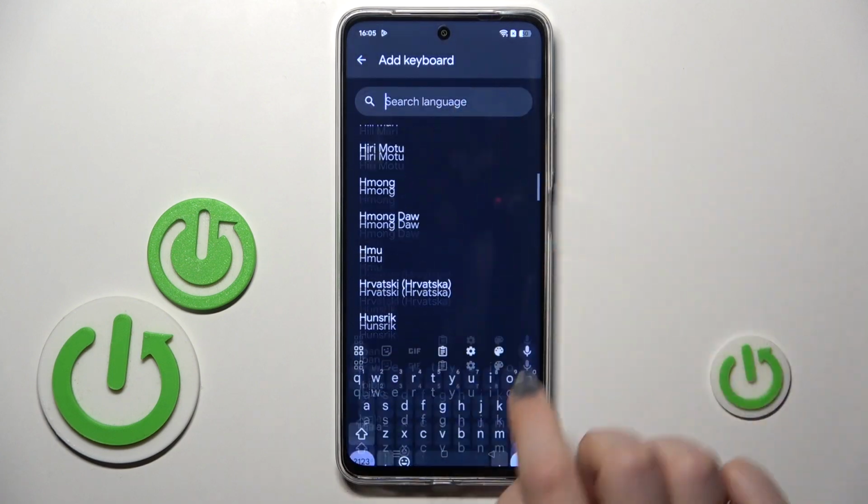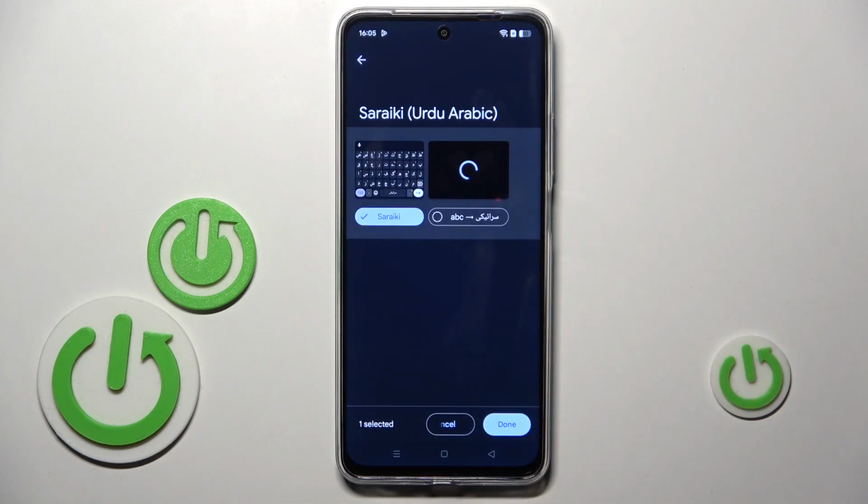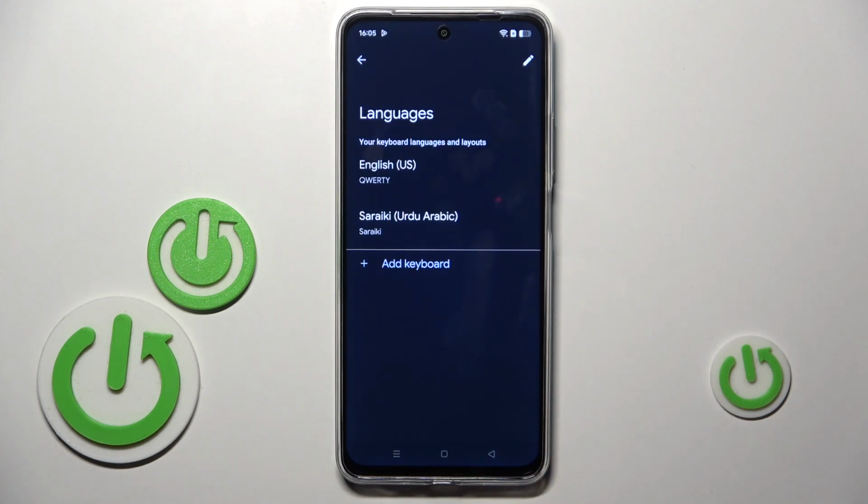You can scroll or you can search the language, simply enter the name of it and tap on it after finding. Now we can choose the keyboard type, so just mark the option you want to use and tap on done. And before I'll show you how to remove the language, to leave only one applied, I'd like to show